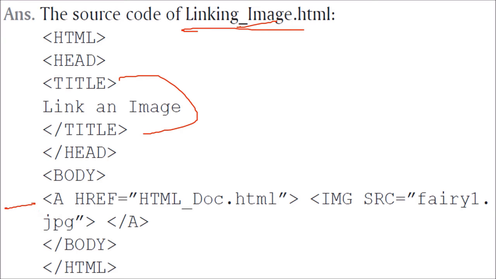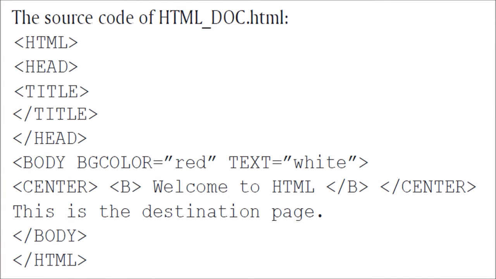Here in the body you have to give an anchor tag. You have to refer to the page which is going to be reached, or you can say navigated to. You can give some image, any image, and close the anchor tag. Now we come to the page which is to be visited, the next page which will come after you click the image. This is the HTML code, and this is just for an example.